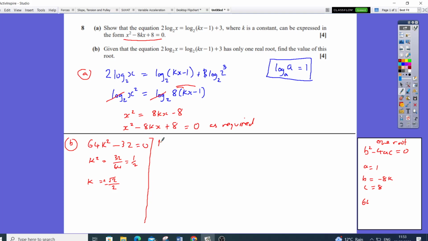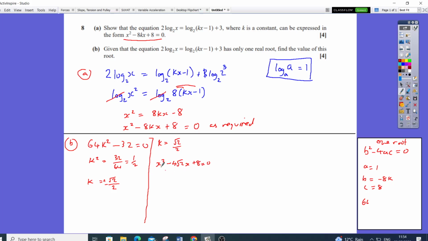We know that when k is equal to a positive root 2 over 2, then this equation is going to become x squared, that times, so k is root 2 over 2, so divide that by 2 is going to give me 4. So that's going to be a minus 4 root 2 x plus 8